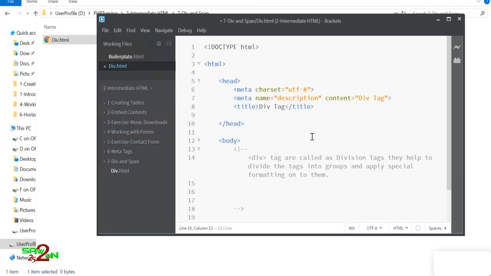The div is basically something like a container. You put all the elements inside it and then you apply some rules on that container, and when you apply that rule on the container, all the elements, that is p tag, h tag, horizontal line, whatever tags are inside this div tag will get that rule applied. So divs are very popular tags in HTML.